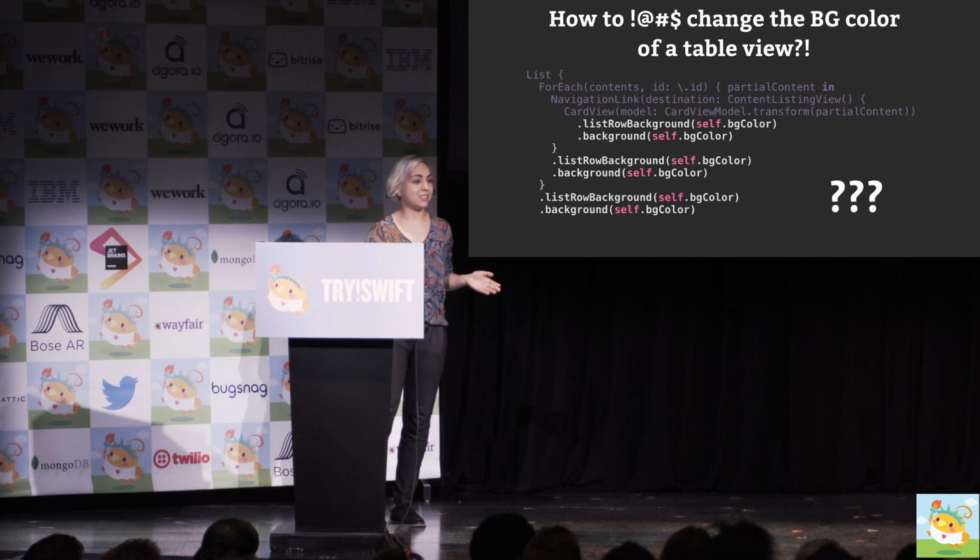So state, or data, is the queen in SwiftUI. Without data, there is no state, and without state, there's really no point in SwiftUI. And passing data, especially passing data back and forth in a table view, was definitely one of the most confusing parts to grasp for me in this paradigm.